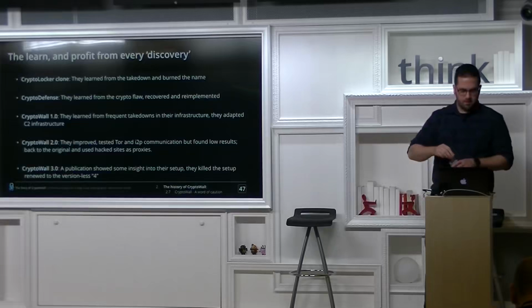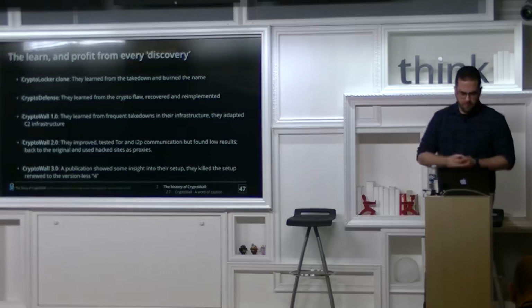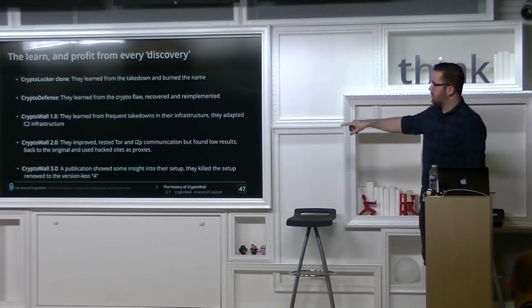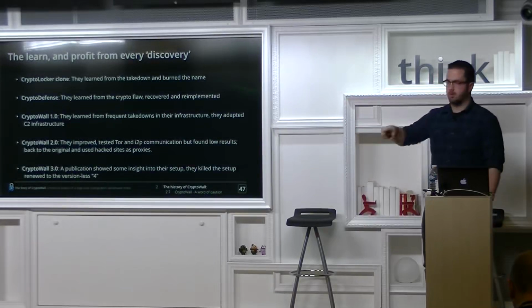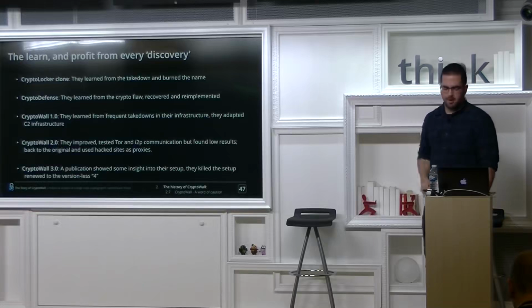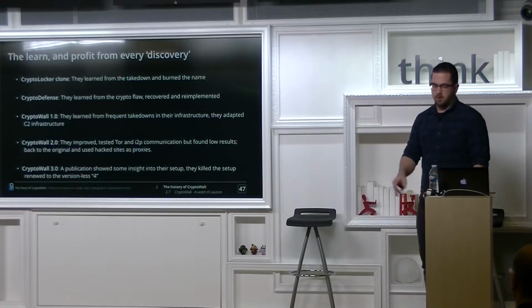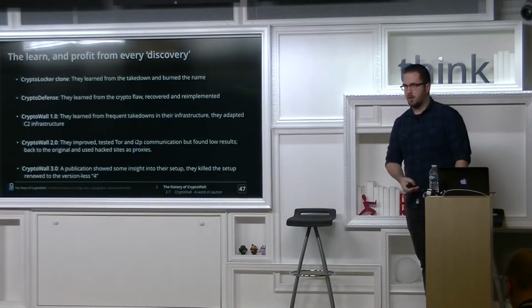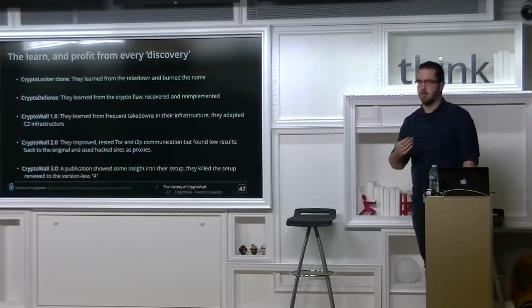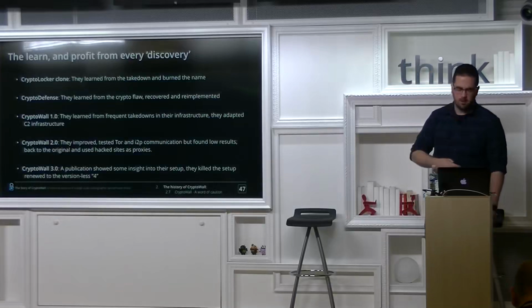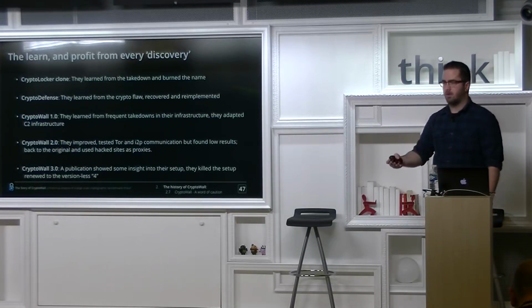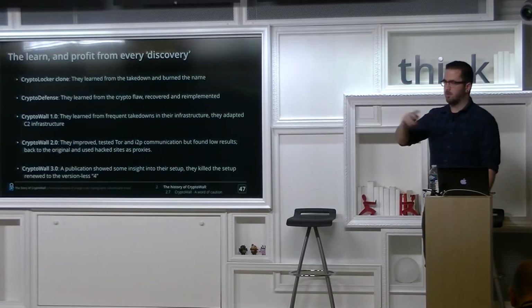And from 2.0, they did the same thing. They tried some Tor stuff, I2P. This wasn't related to publications, but their own findings. So the I2P stuff didn't work out. It was kind of buggy. They moved to 3.0. They went back to the hacked websites. And then from 3.0 to the current version, they made a change because somebody made a publication about them. There was a flaw in basically how their proxy servers would filter requests. So you could send stuff like a server stage request. It would upstream to one of the backends.